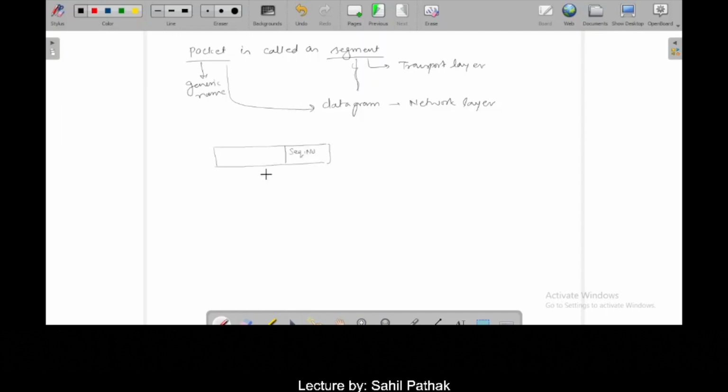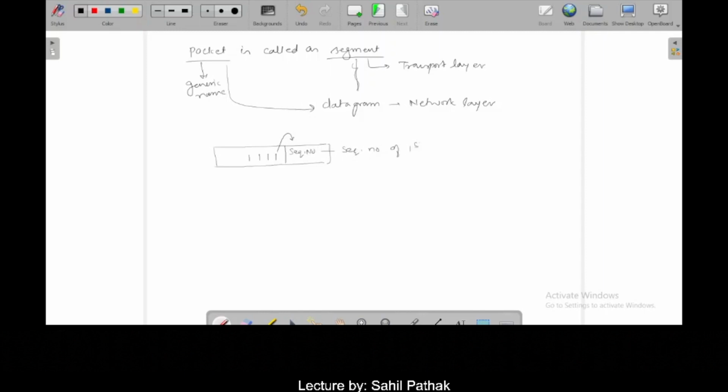This sequence number would be nothing but the first byte in the data. सो सीक्वेंस नंबर इज नथिंग बट, आपके हेडर में जो सीक्वेंस नंबर फील्ड है, यहाँ पे डेटा बाइट्स में जो आपकी पहली बाइट है, फर्स्ट बाइट है, उसका जो सीक्वेंस नंबर है वो आपका हेडर का सीक्वेंस नंबर होगा। ओके, सो द सीक्वेंस नंबर इन द हेडर इज नथिंग बट द सीक्वेंस नंबर